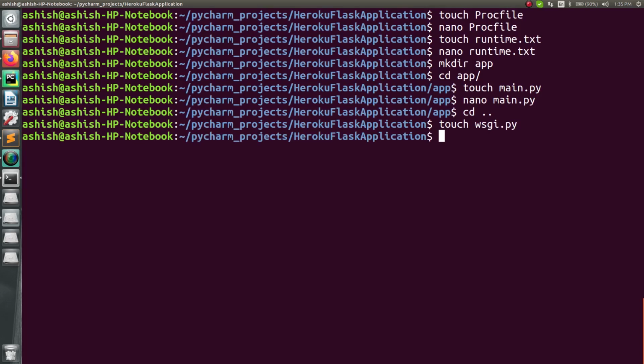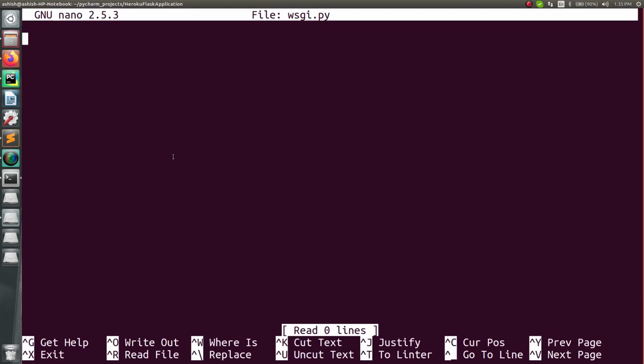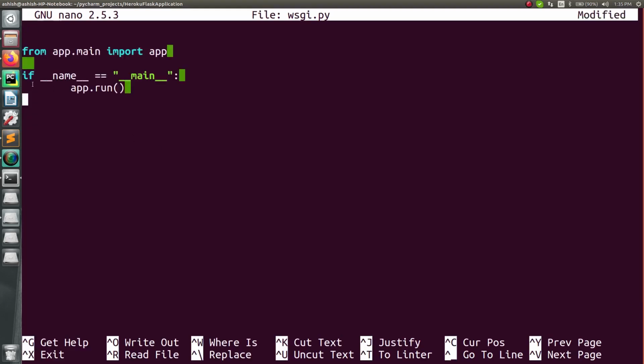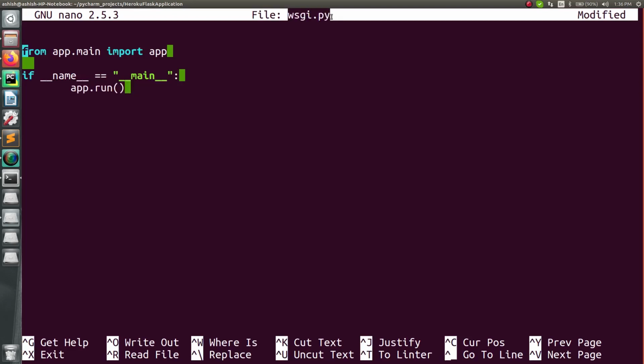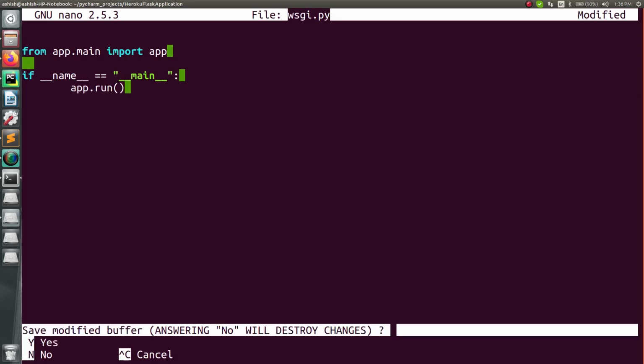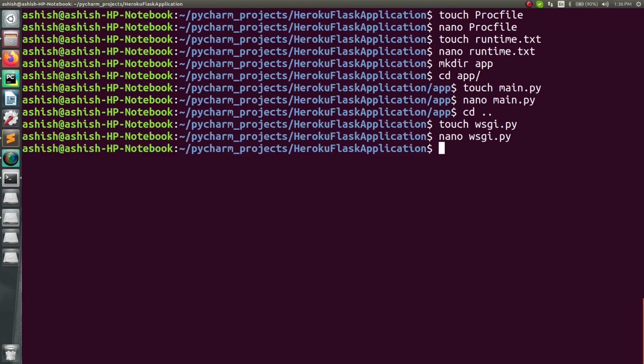So let's go in here and mention the code for it. So let's type it, and now just type this one, right? As you can see in here, I'm simply calling my complete project over here, like this is the app, and from there I'm simply running it, app.run. So this is all that I'm doing, and this is how we will be treating wsgi.py as the main script, and this will be run based on the Procfile. So this is what I'm doing in here. So save it now.